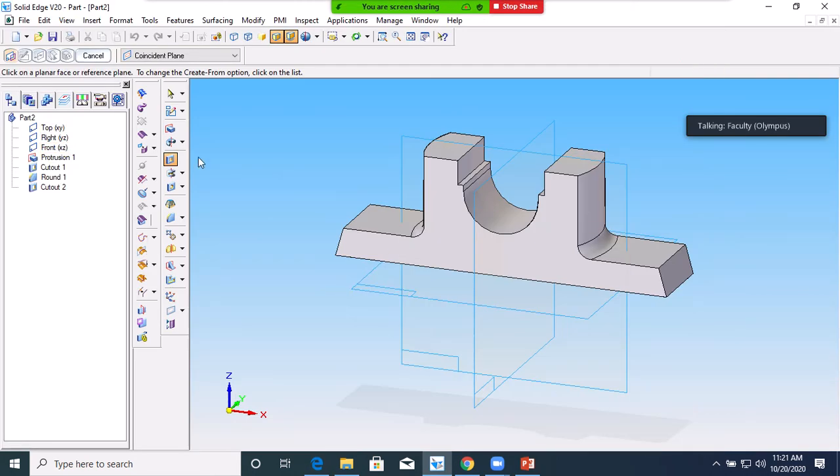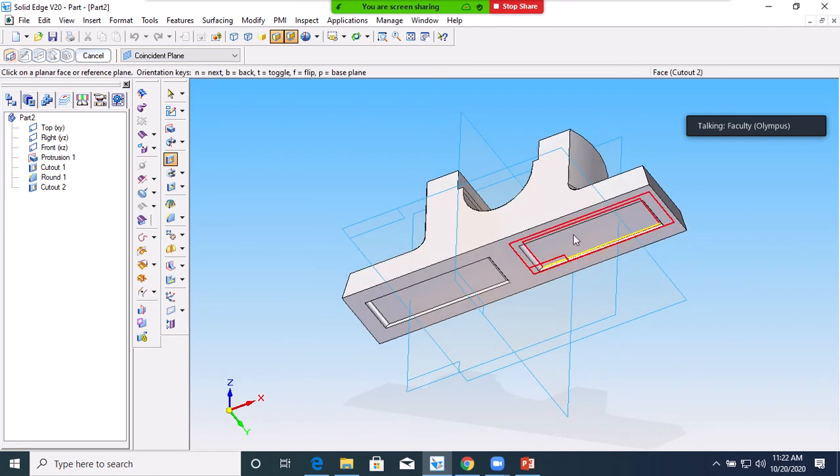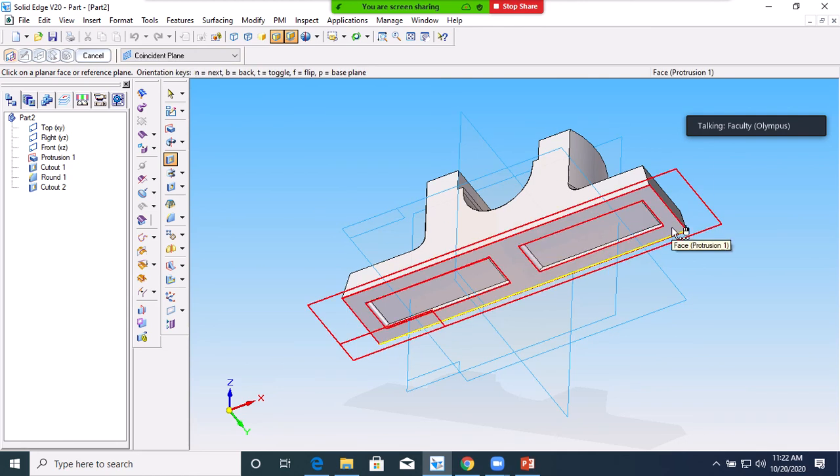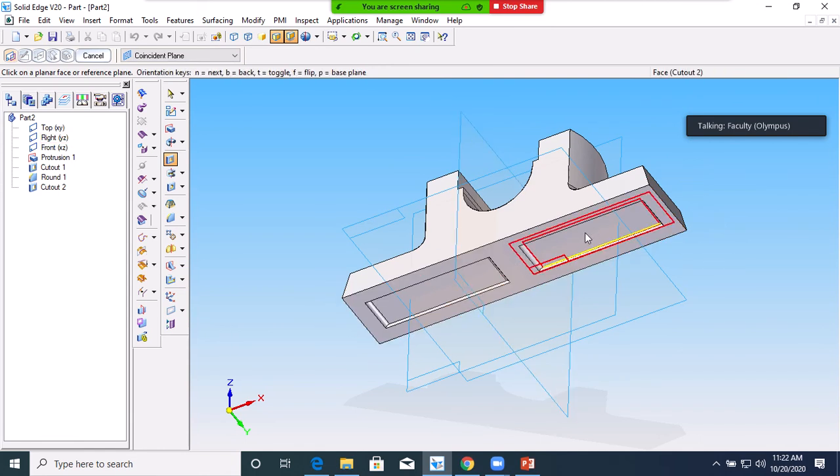So what I will do, select the cutout, select this face, the bottom face here. A new face is formed after giving the 2 mm depth cutout, right? You have to select this. If you select this portion, while giving depth 7 plus 2 mm, you have to give this 2 mm also. For that you have to select this surface as a profile plane.